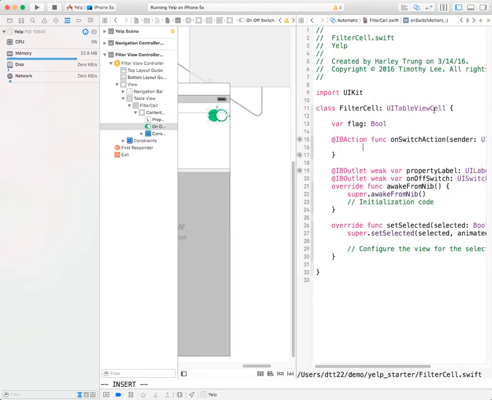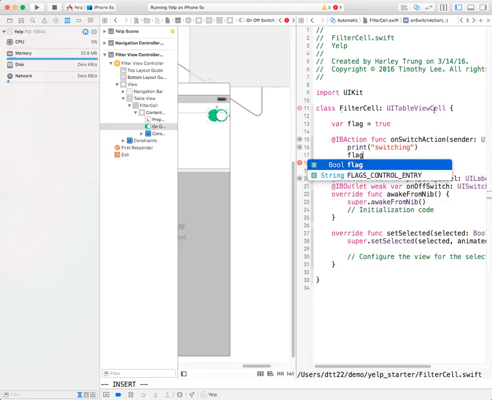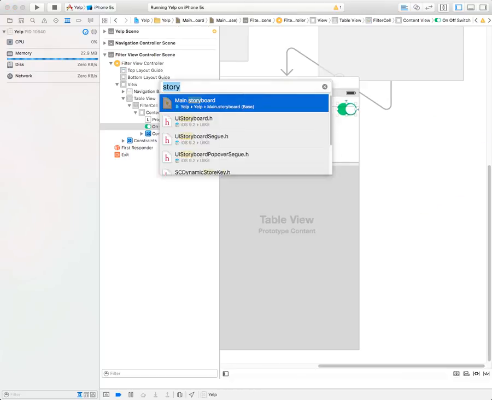Oh, this is tricky, right? So basically every time this is called, what do you call it? We'll just say switching. And then this is basically, it's always true. So with Swift, you don't just do that. Every time this happens, you just flip it. Okay, like that, right? See, okay? Yeah, right? And switch, and maybe then when you display, filter,